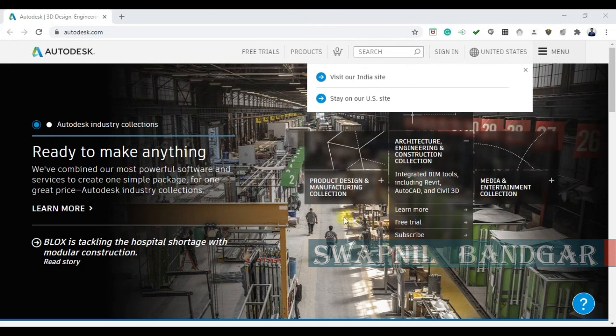Hello my dear friends. Today I am going to show you how to download Autodesk product, that is Fusion 360,